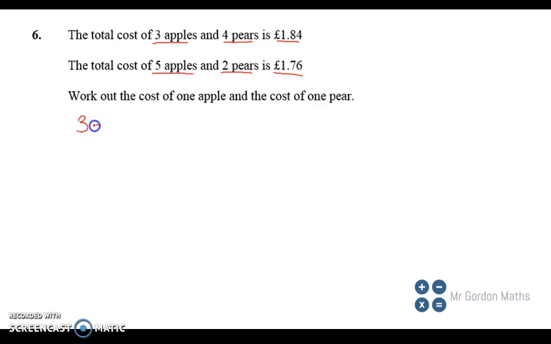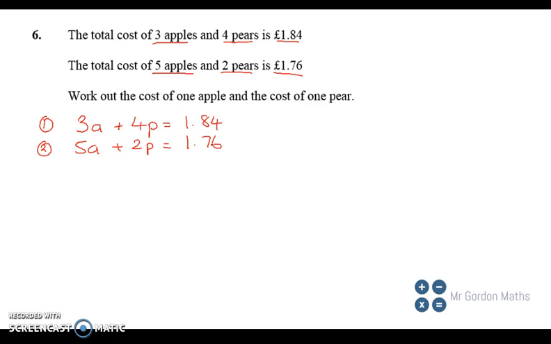So we'll say 3 apples plus 4 pears equals £1.84. We'll call that equation 1. Our second equation was 5 apples plus 2 pears equals £1.76. And one of the easiest ways to solve these is to do it by elimination, which